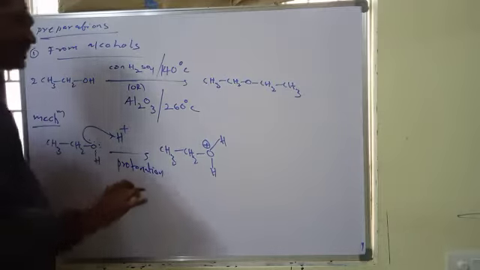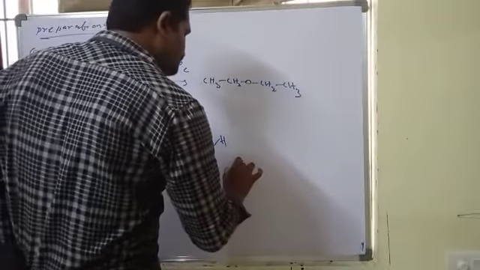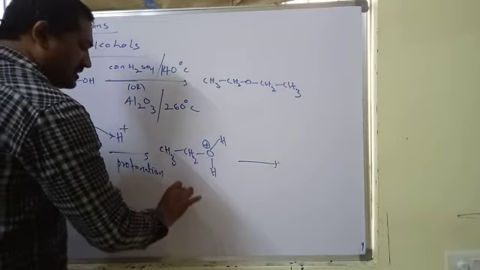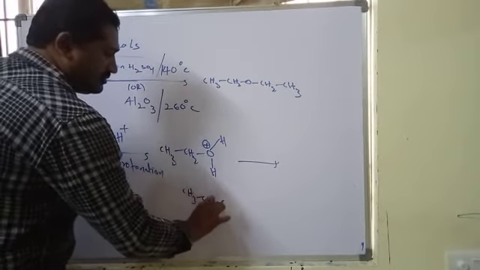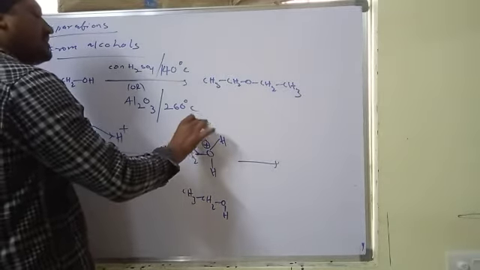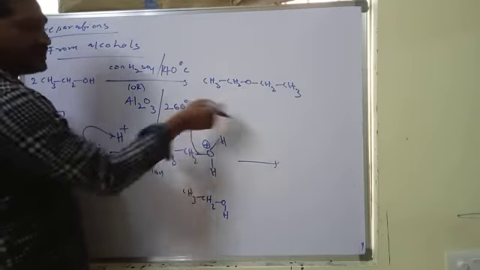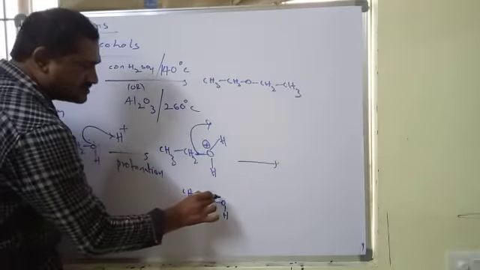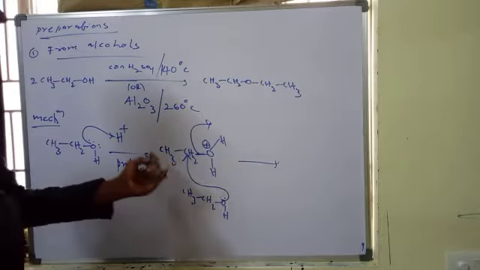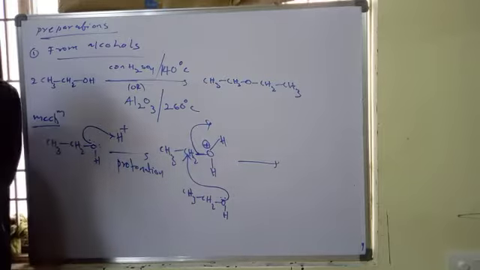So in the second step, what happened? In the second step, here I am taking CH3, the second mole. So the oxygen positive charge is unstable now, so immediately water should be eliminated. With the bond pair electrons, water is eliminated. Then this carbon gets a positive charge. Now it will get attacked here. This is backside attacking. If it eliminates front side, this is backside attacking. This is an SN2 reaction.